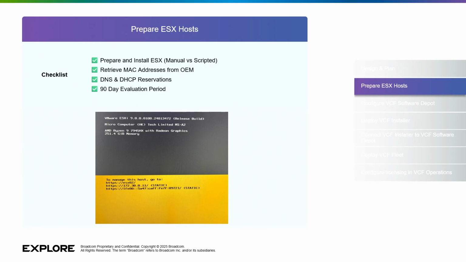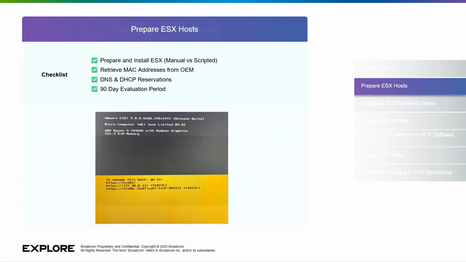One thing to be aware of is that in 9.0, we also changed the evaluation period. Historically, for the past 20 years, when we install ESX, you would have 60 days, right? And you have to either license it afterwards or you have to reinstall it. We've actually extended the evaluation period in 9.0, again making it easier for you to try it out, with now a 90-day evaluation period. Of course, you should license it as soon as you can, but there is some additional